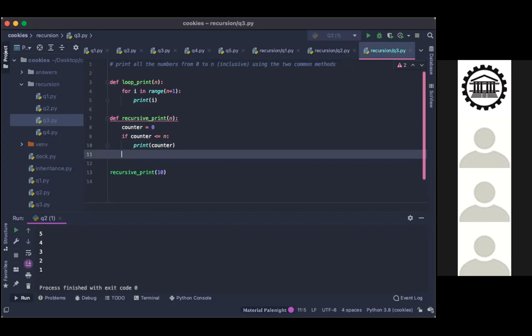Print counter and then counter has to be incremented somehow, so we can do counter equals counter plus one. Oh, but then the counter is always going to become zero, so that's not good.